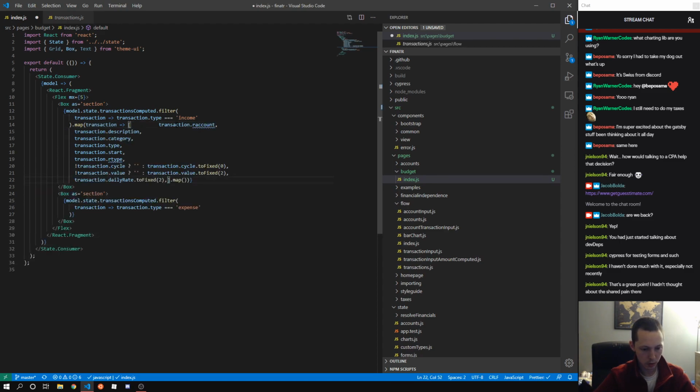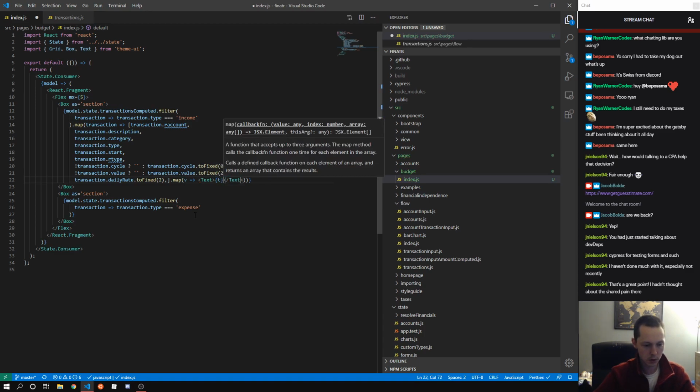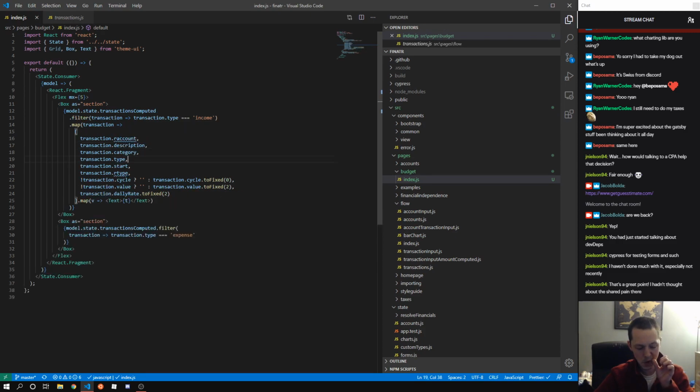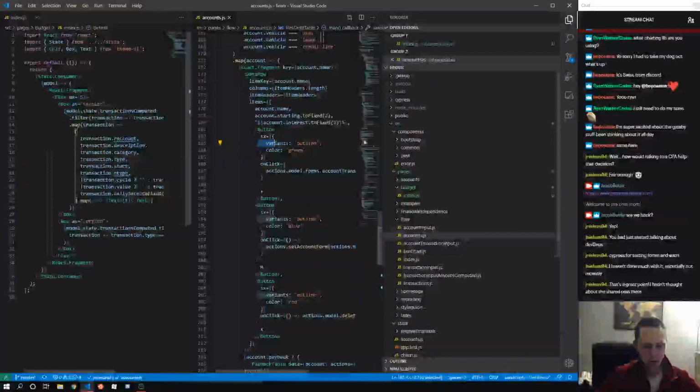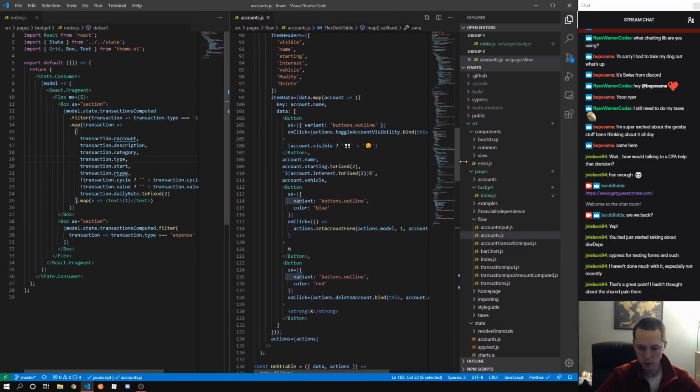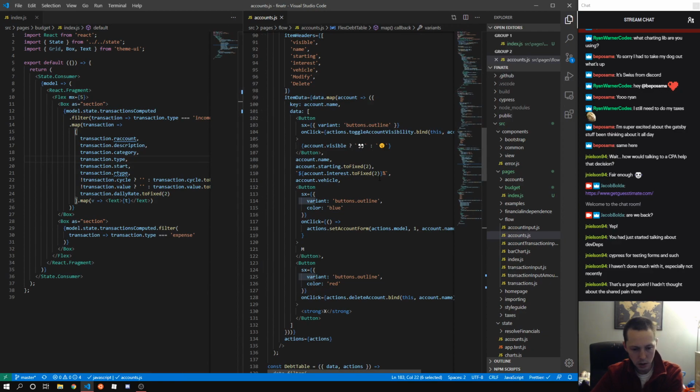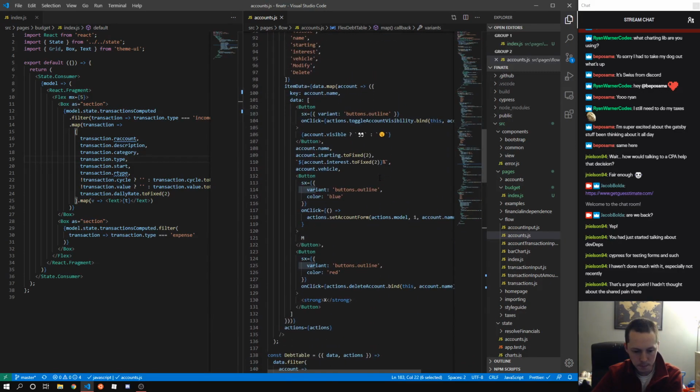So we're going to want to map over all of our data. It's on transaction. And I think we're just going to drop it in text right now. And we're going to do something similar for the account. Let's go ahead and make this a little bit smaller so we can see what we're working with here. A little bit less information, but